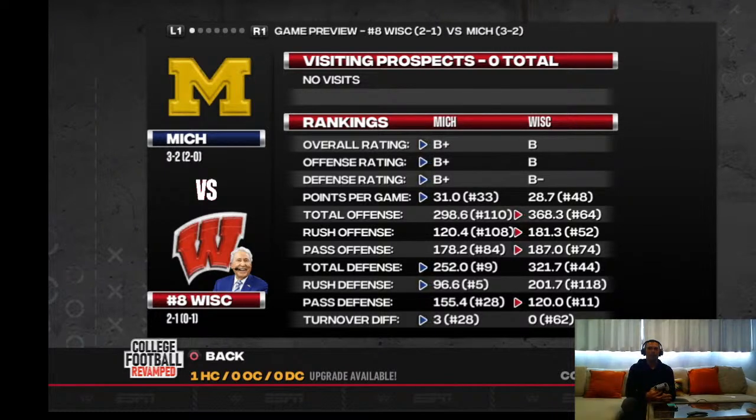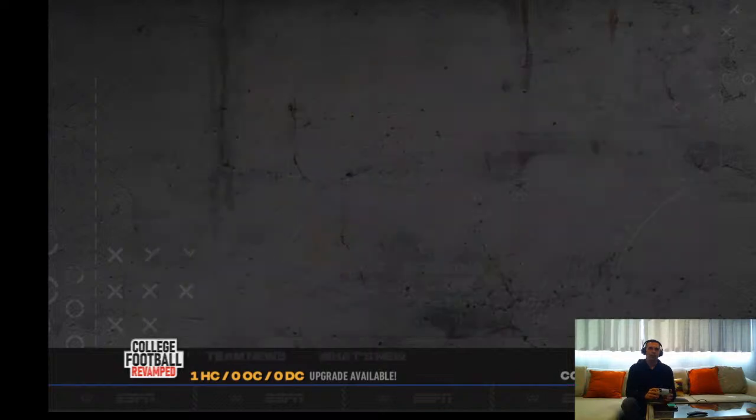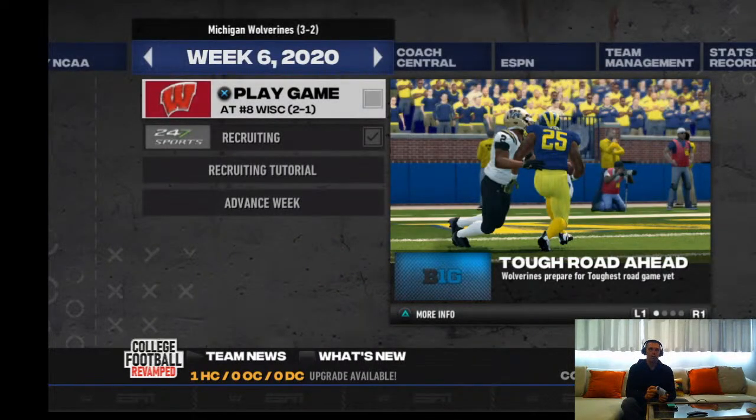And our defense, which has been pretty good, has a bit of an edge there. So you can see we are the number 9 defense in the nation, number 5 in rush defense, turnover difference almost in the top 25 there. And our offense is improving, especially pass offense. We're now 84th. The pass offenses for these two teams are about a wash. They run the ball much better than we do. And so an extra 60 yards or so a game, that's a lot. And so that's something we'll have to try and work around as we head into a pretty tough game.